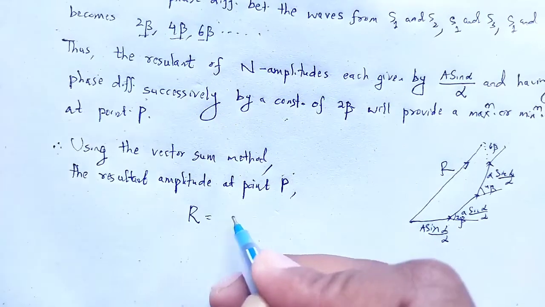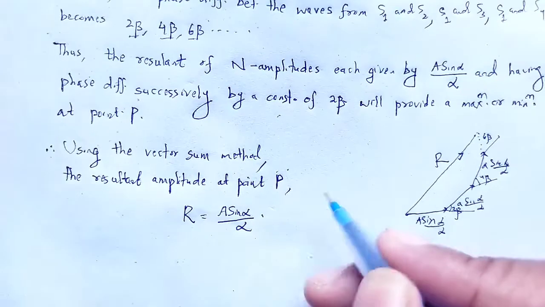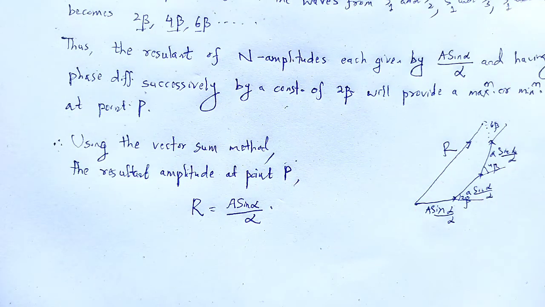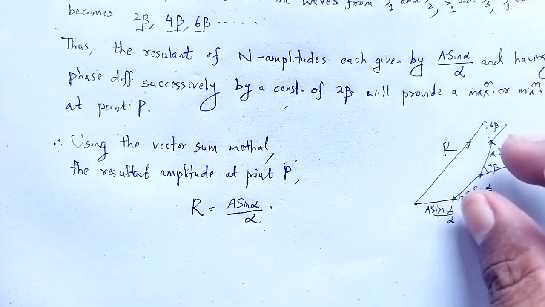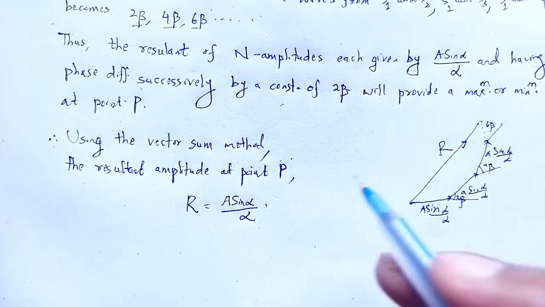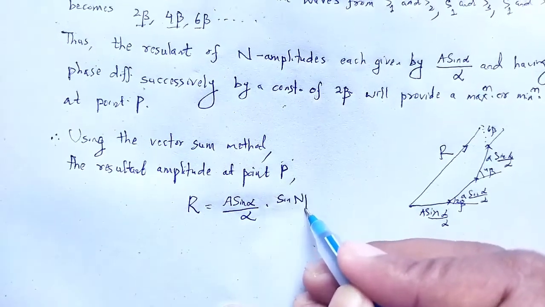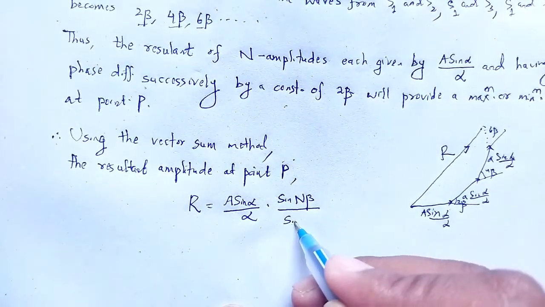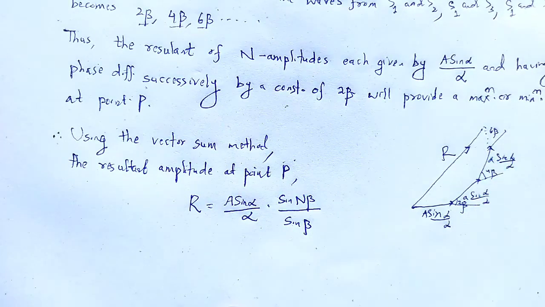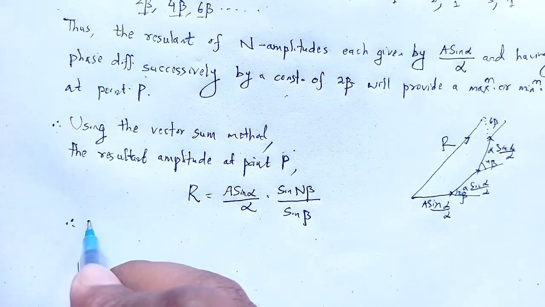R is equal to individual amplitude A sin alpha by alpha. We use the formula for n number of waves having the same amplitude. So, use n number of harmonic waves concept. So, that can be sin n beta divided by sin beta. That term is derived from this vector sum. Therefore, the resultant intensity